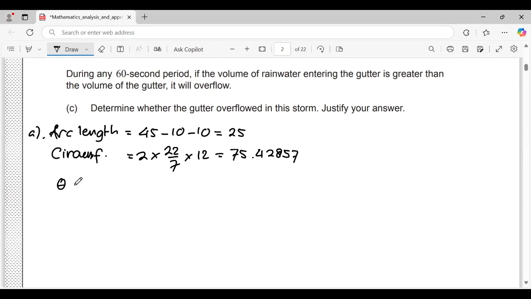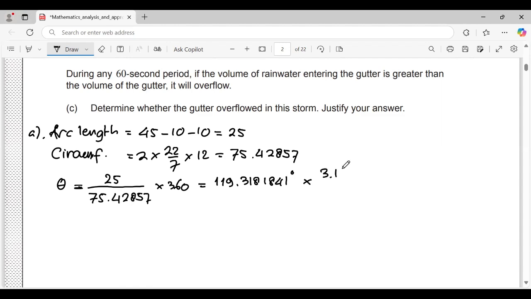It means theta equals 25 over 75.42857 times 360, equal 119.3181841. It is degrees, but we are going to convert into radians, times 3.14